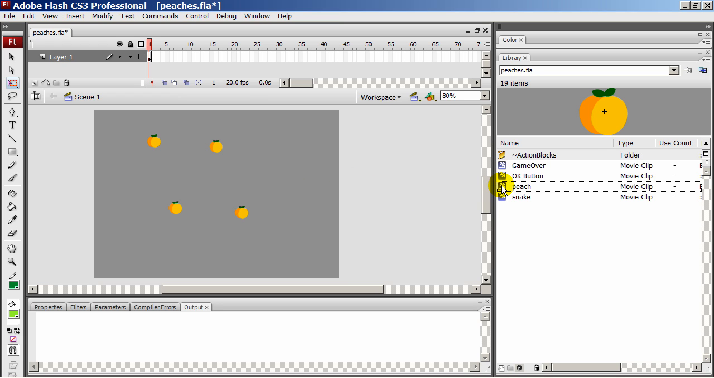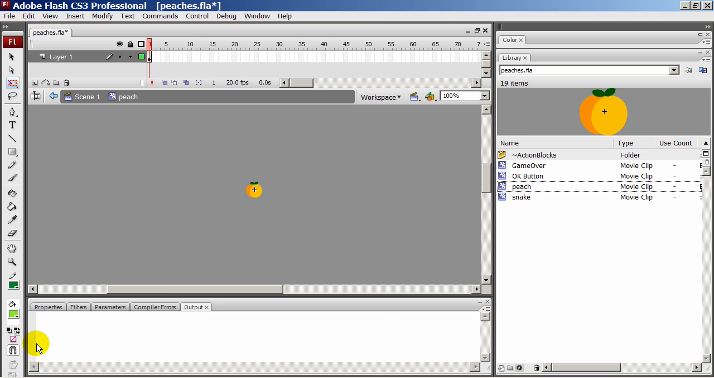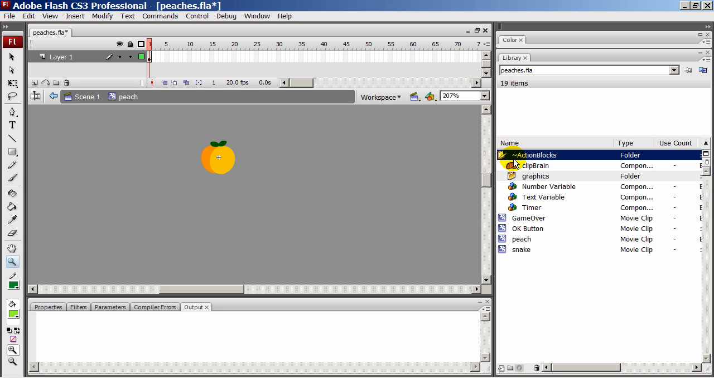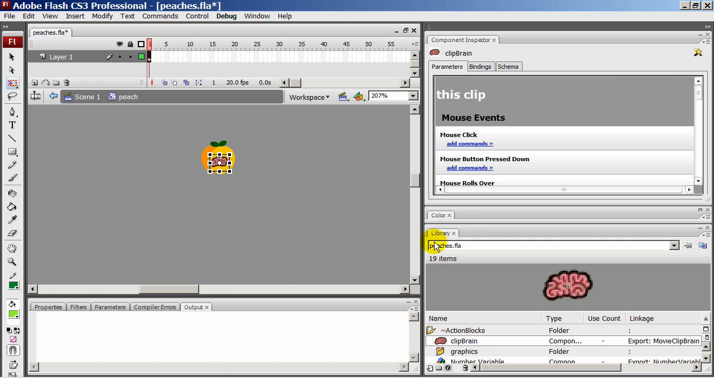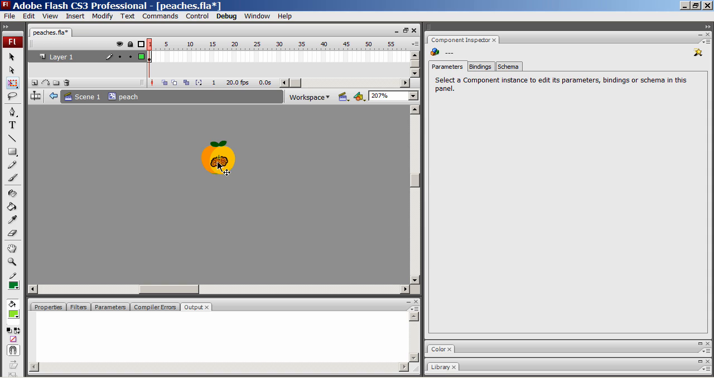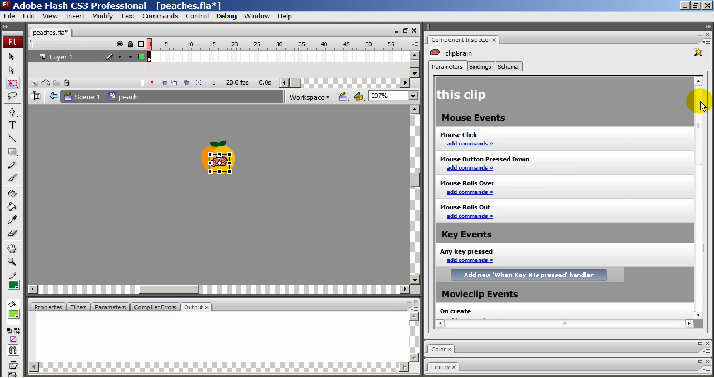If I wanted to make them interactive, I would start editing the definition of a peach by double-clicking on it in the library. Let's zoom in a little bit and give it some intelligence by dragging a brain into the peach graphics. Doesn't really matter whether the brain is small or big or where it's actually standing, because it'll be invisible when the application is running. But while it's visible when I'm authoring the application, I can open a component inspector panel, and this component inspector panel, whenever I have a brain selected, will show me